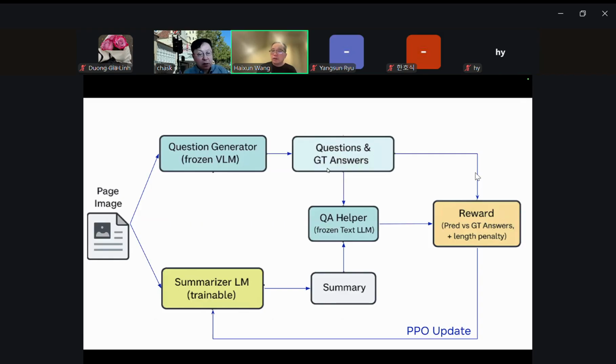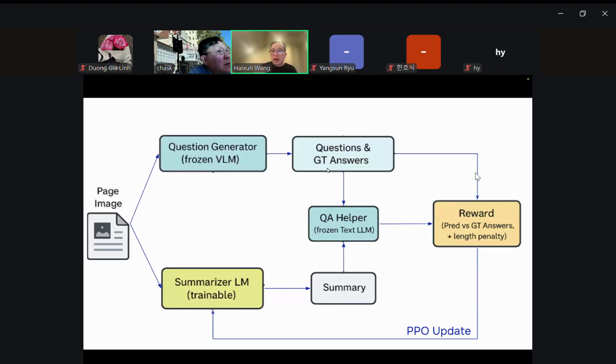And here is basically the workflow. You have an image, and you have a question generator. This is a vision large language model, a frozen one, meaning we do not change it. It is fixed. The question generator generates a set of questions and ground truth answers.